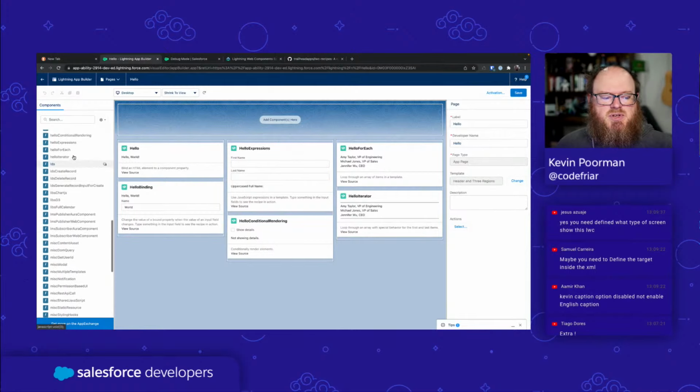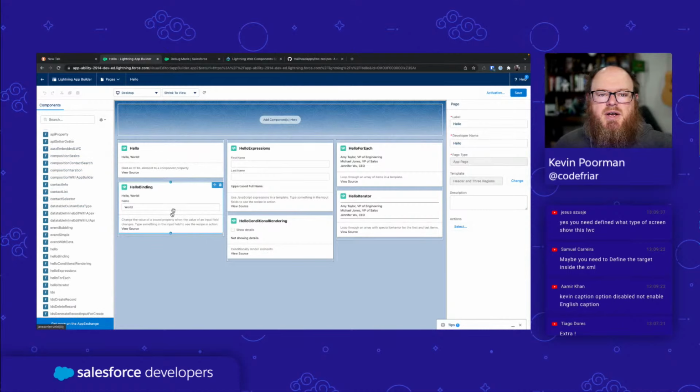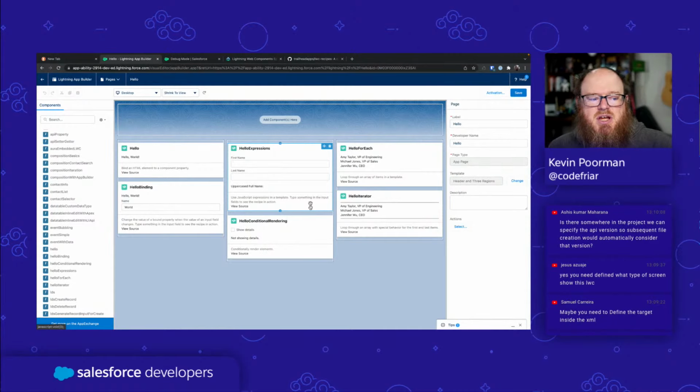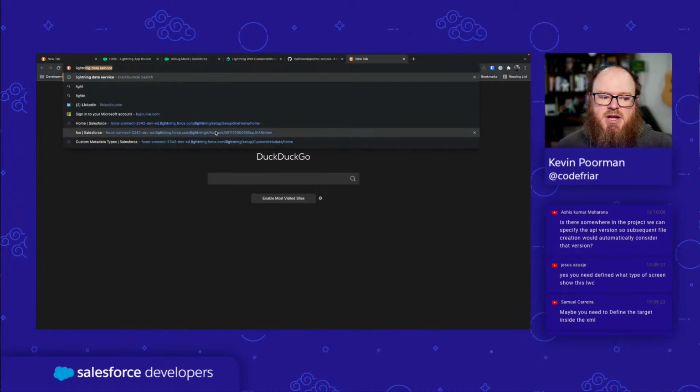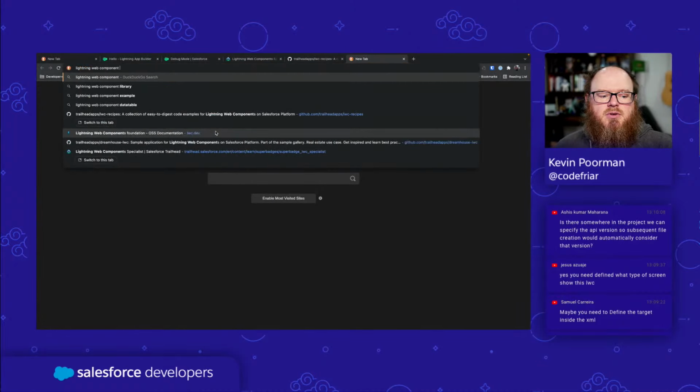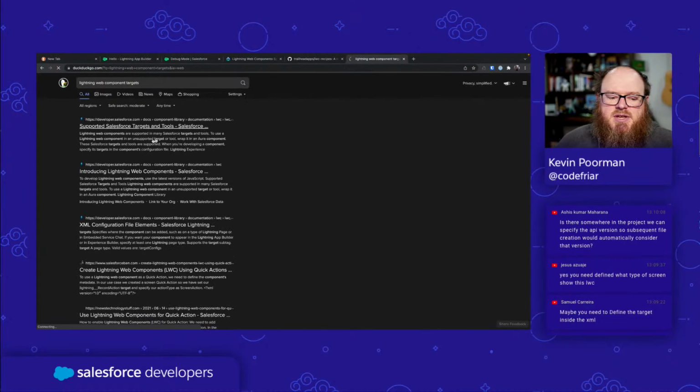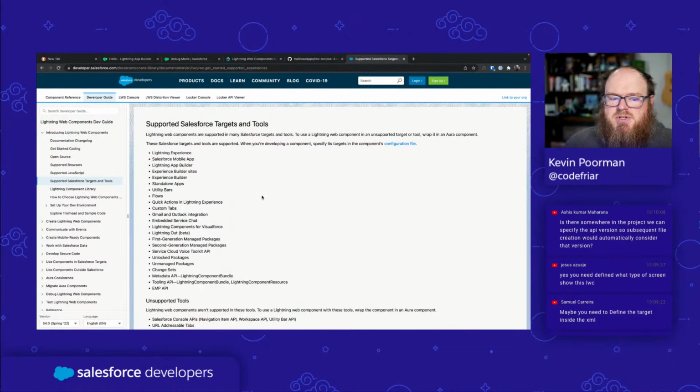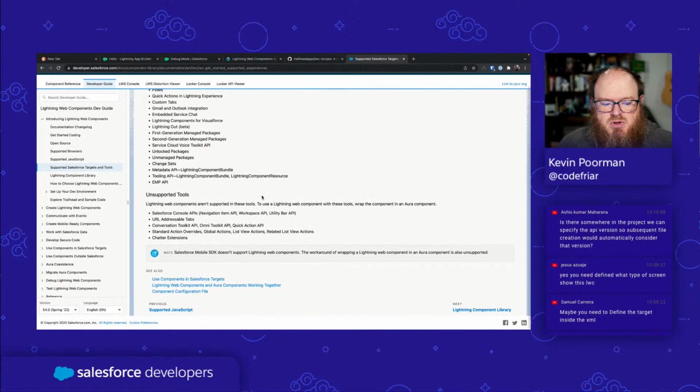Now, we've exposed this here, and you'll notice that we still don't have codeLive listed here. Why is that? We've exposed it, but with Lightning Web Components, you also have to say where your component can be used. So while exposing it makes it available technically to the Lightning App Builder, it doesn't necessarily make it available for this page type. This page type that we're working with is a Lightning page, and if we were to go over and just Google for Lightning Web Component targets, you'll see that we've got a whole list of targets and tools in the documentation, and one of those